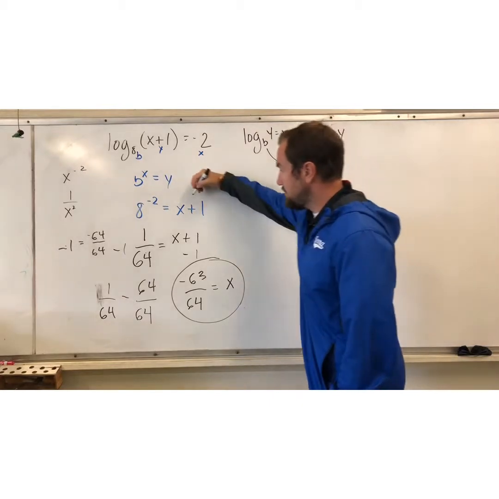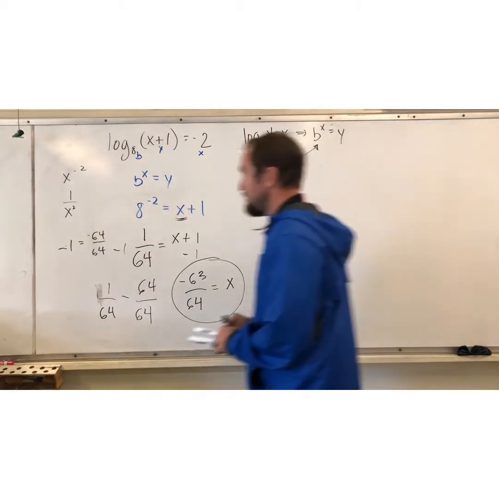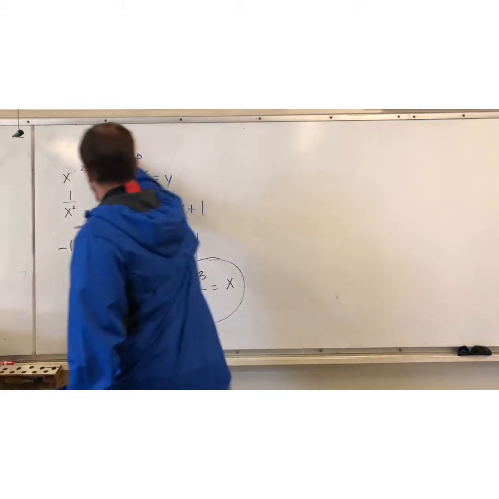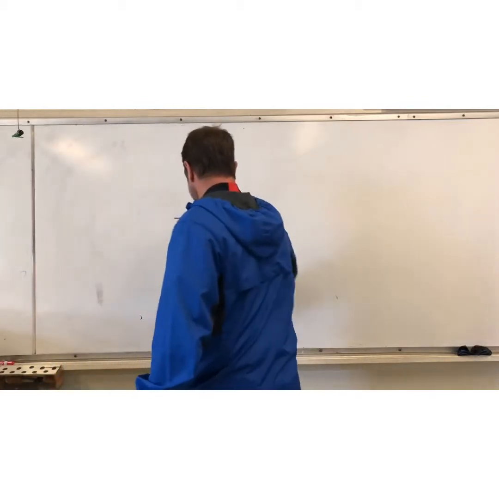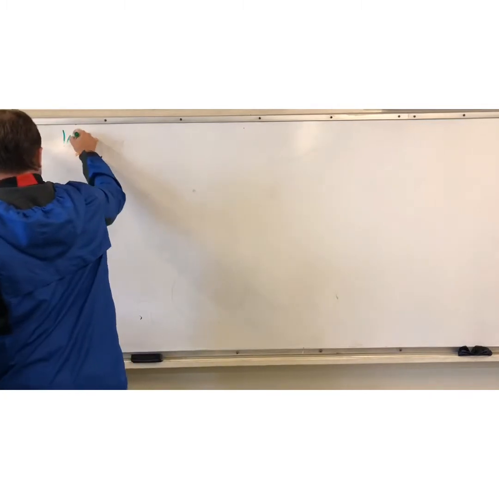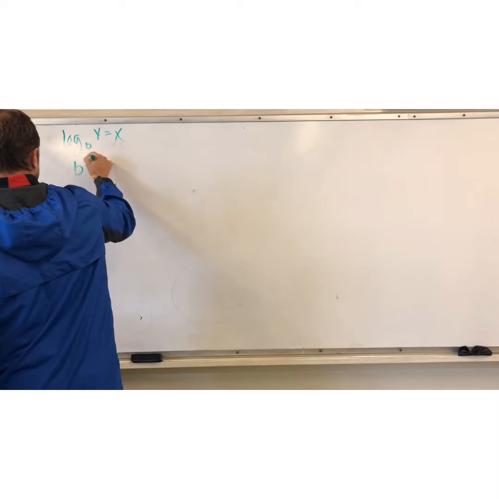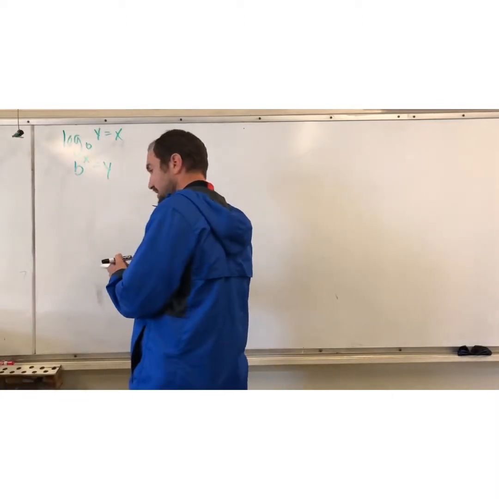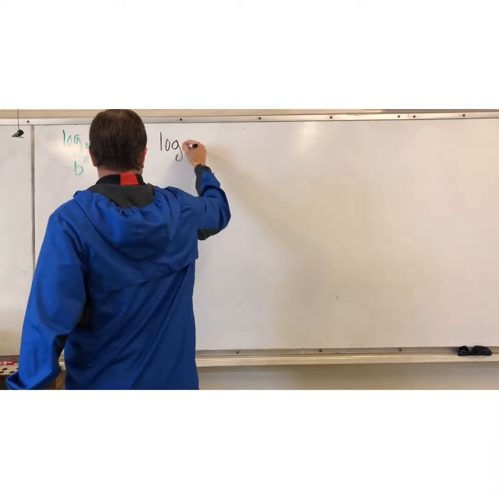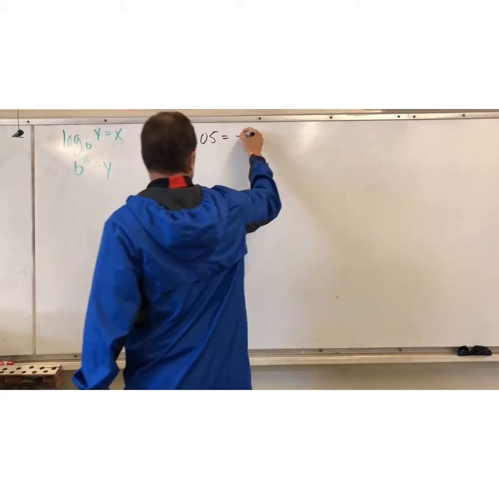Simple enough. Again, just solving for x. Once you get to here, this is just algebra. So that's one good example there. Here's another. I should have kept that conversion up. I'll put that back up. Again, this is a key piece: log base b of y equals x converting to b to the x equals y. I like to write that down on each question. So if I'm given log base x of 0.05 is equal to negative 1/2,